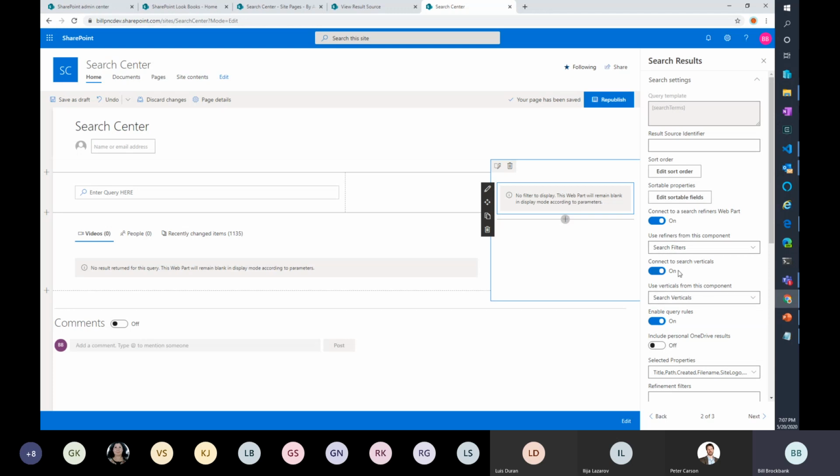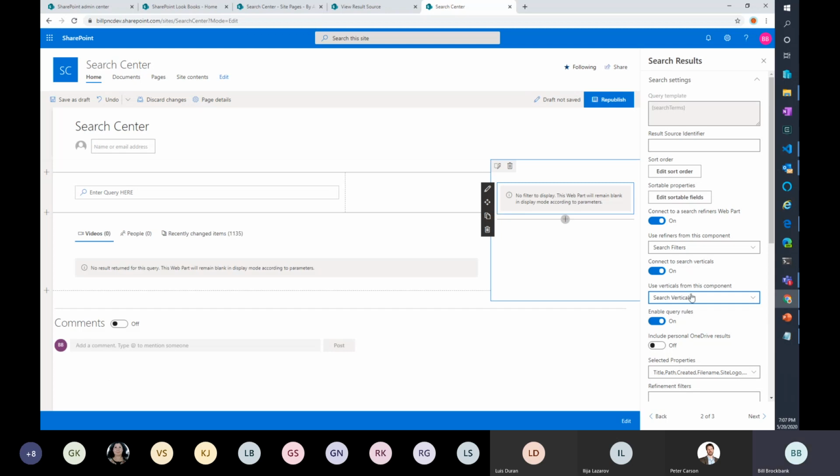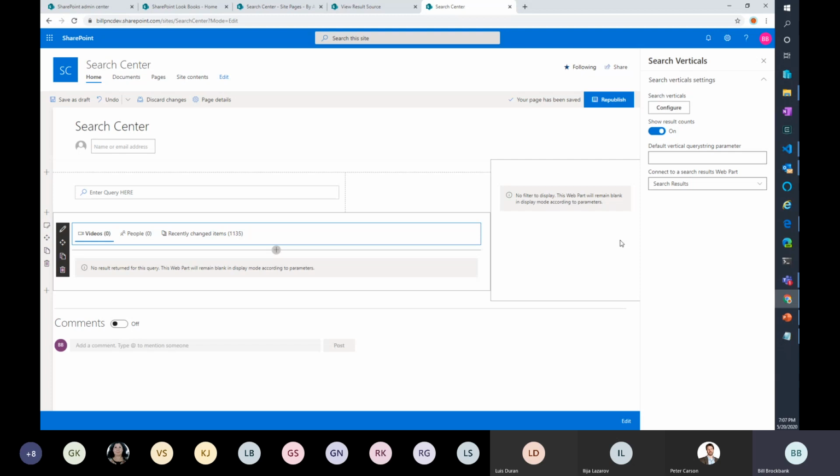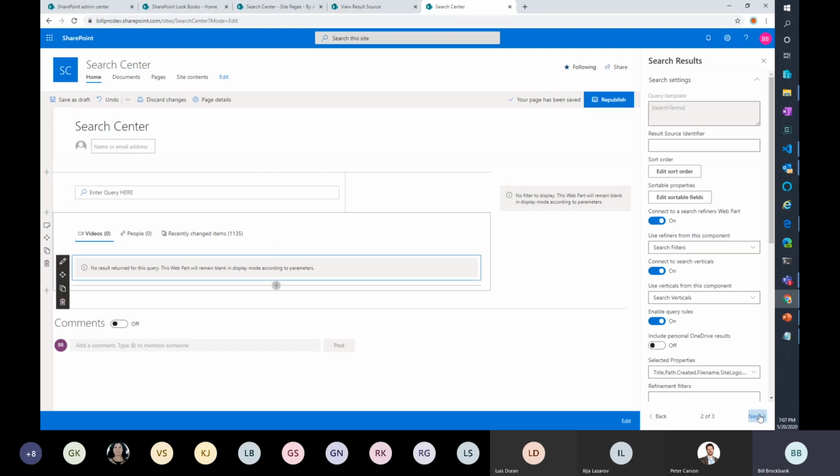The vertical bar also is a setting you turn on. So if I turn it off, I don't have a vertical bar tie in. You see it's got results showing up. Tie it back in. They go away because it's using the first selection here for the refining. So go back. The second one.